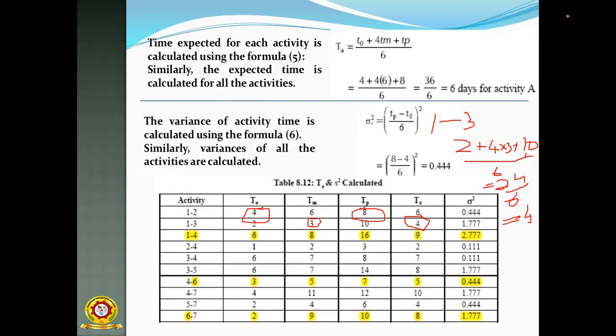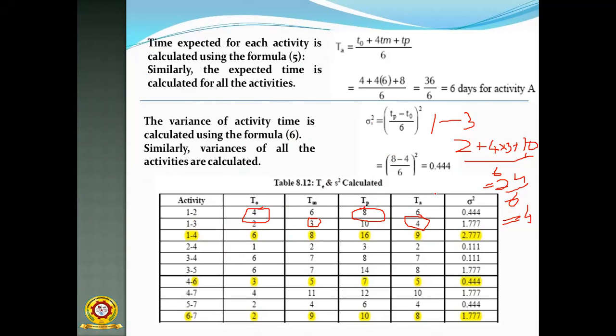Okay. So through a calculator, you have to calculate this yourself after class is over. Then we get these values. For each and every activity, you have to find out the values like this. Then the next important thing: what are the yellow highlighted things? Just leave it right now. After that, I will discuss why these values are highlighted. So in this way, you have to calculate the T of each and every activity and also the variance of each and every activity.